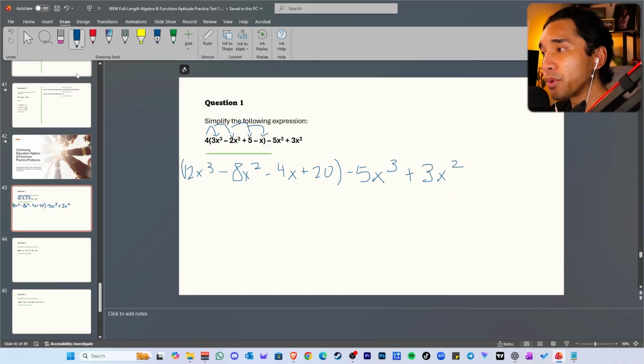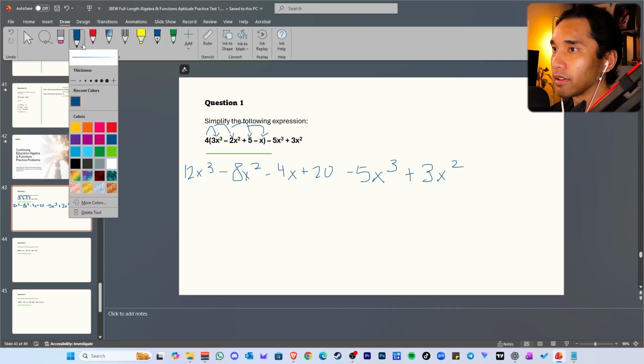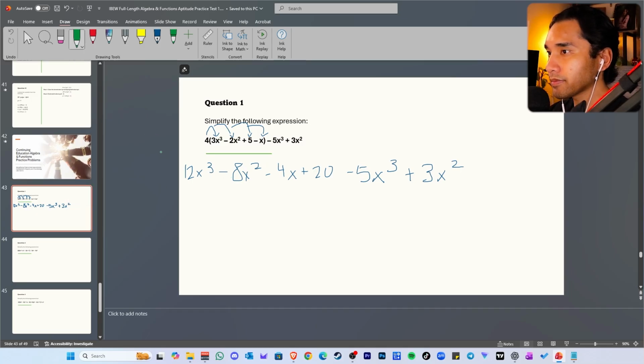So you really would not do that when you write it all down. So that's just to show you that this is what we did. We distributed this coefficient, so I'm going to take it off. And now in red, or let's change it to green actually, that's my favorite color. So in green, I am going to identify